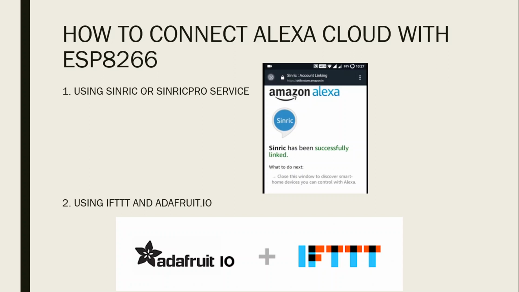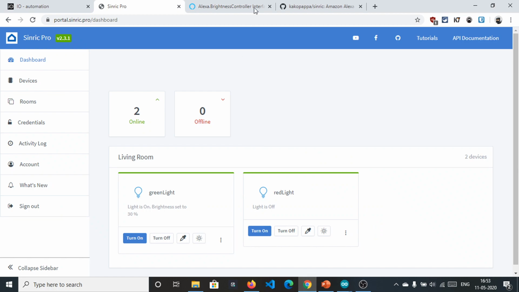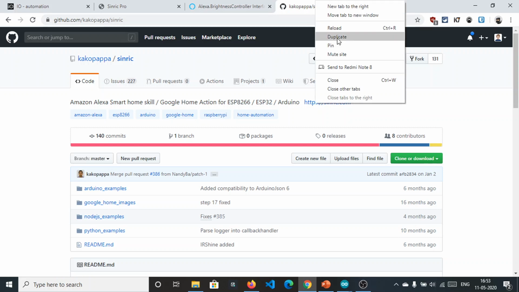Synric is basically, now there are basically two libraries. We will get back to the GitHub and see there. This one is Synric. We need to search first.